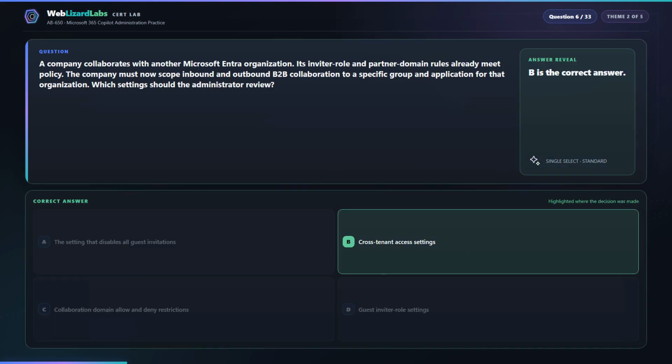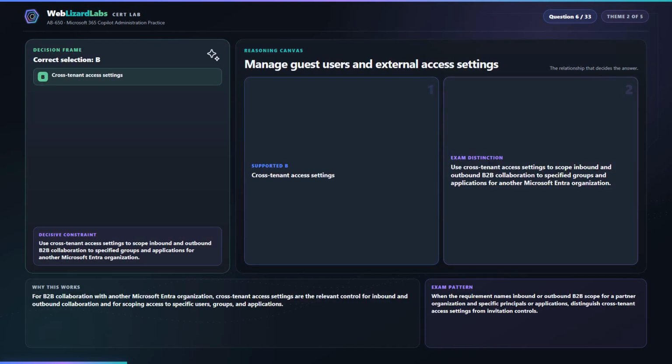For B2B collaboration with another Microsoft Entra organization, cross-tenant access settings are the relevant control for inbound and outbound collaboration, and for scoping access to specific users, groups, and applications. The answer is B, cross-tenant access settings. Use cross-tenant access settings to scope inbound and outbound B2B collaboration to specified groups and applications for another Microsoft Entra